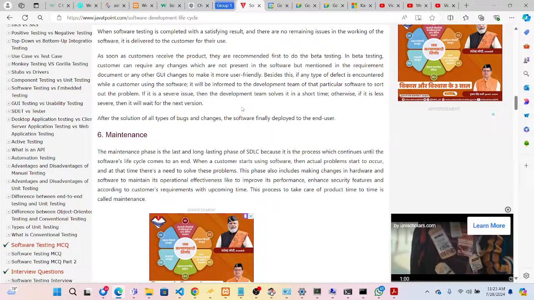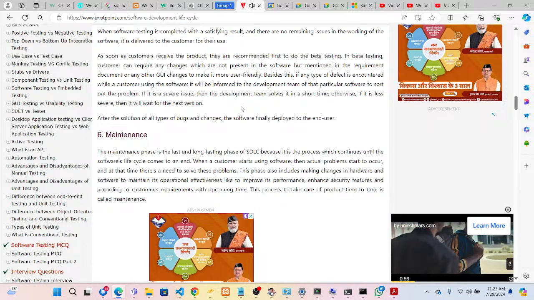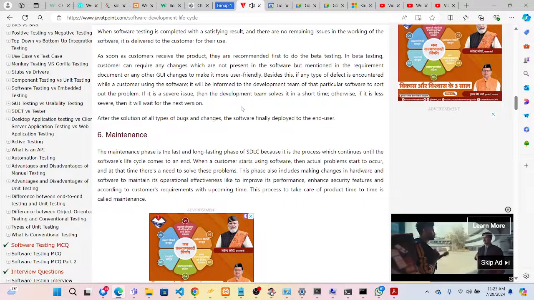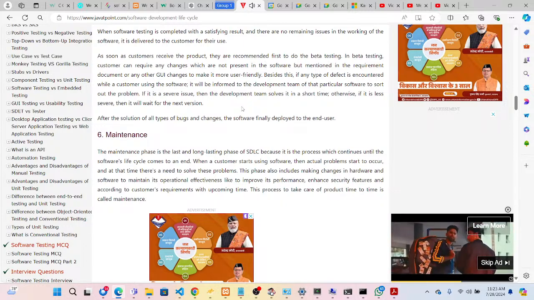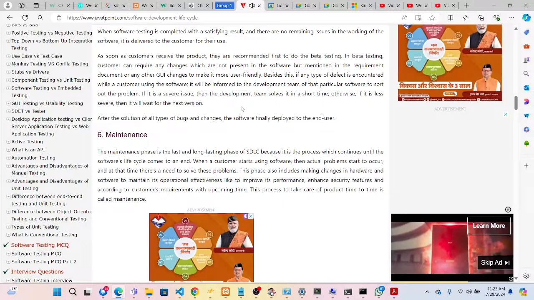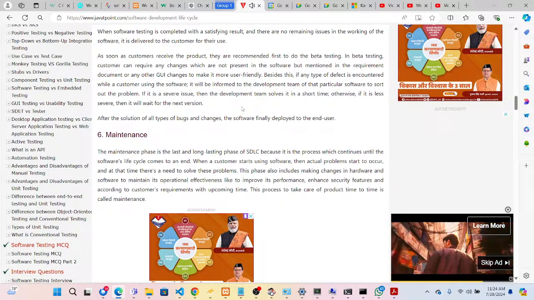Now their job is done. Now the product goes into maintenance. It is a separate contract, and maintenance of a product will have environment maintenance, database maintenance, software maintenance, release maintenance, or product maintenance, like if a product has defects